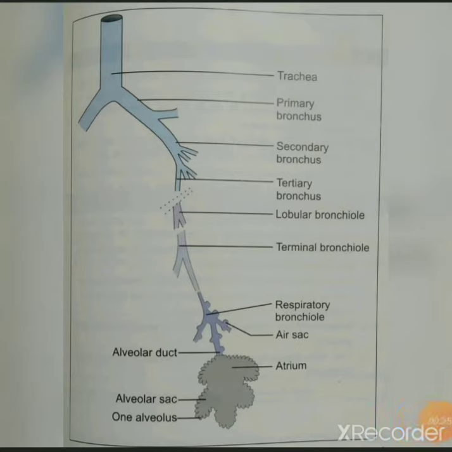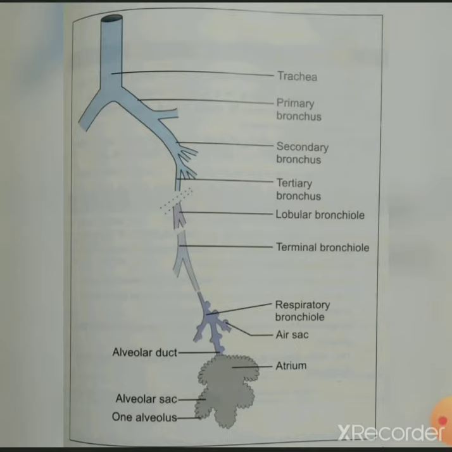Now in this picture you can see the trachea, which is divided into two principal bronchi, and as I have already said, these principal bronchi divide into the right and left lung. This principal bronchus again divides into secondary bronchi. This secondary bronchus then subdivides into tertiary bronchus, which is also called the segmental bronchus because it enters into each segment of the lobes. Here it subdivides into lobular bronchi, then into the terminal bronchus,